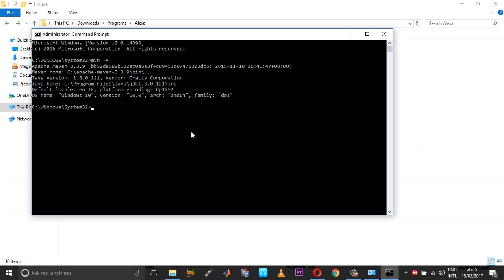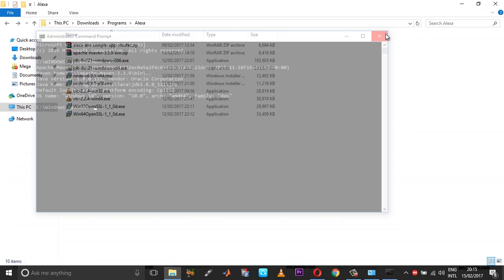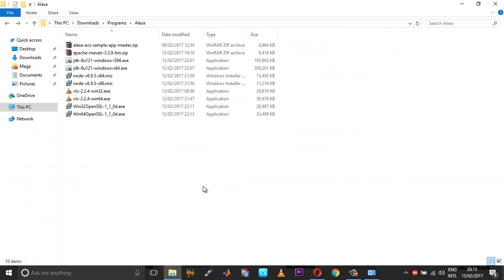Now you should get a list of details like this. If you don't get it, and if it says JAVA_HOME is missing, it means that you have forgotten to add a JAVA_HOME to your environmental variables. Okay, so next part